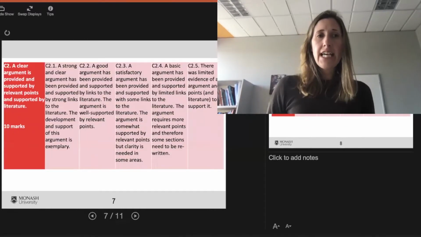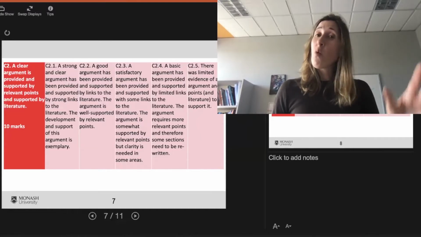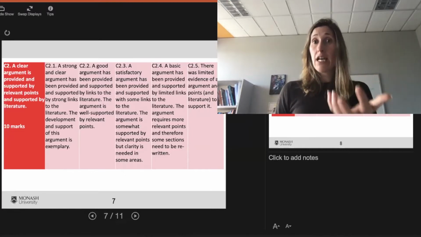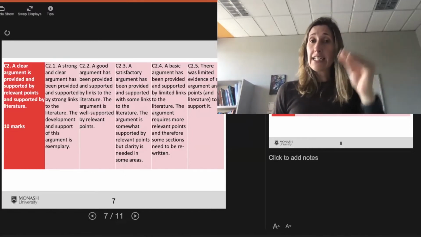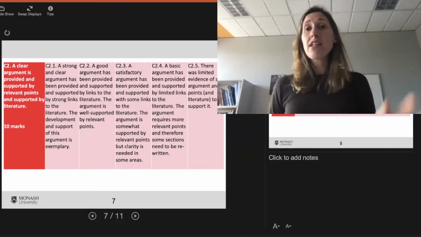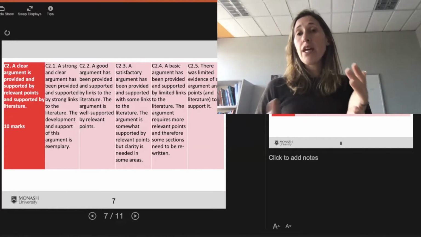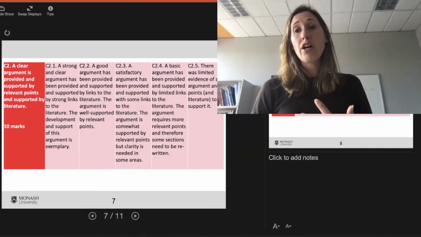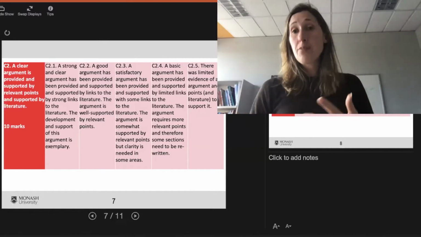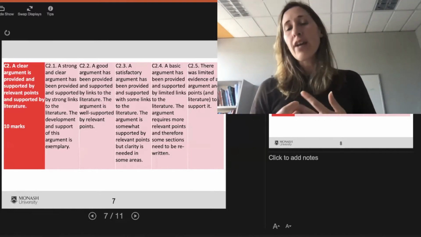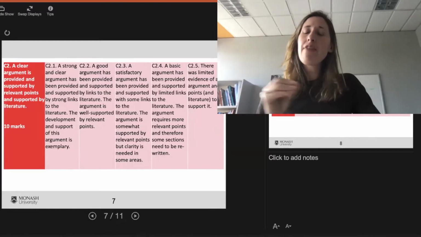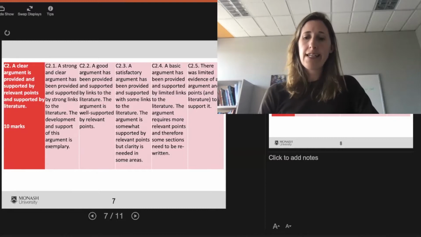The second criterion is looking at a clear argument. So what are you trying to argue, and is it supported by the literature? This is really the meat of that essay. So have you got a clear argument? In the case of positive learning environments, I wanted to talk about what a positive learning environment is, what its impact on learning is globally, and then more specifically in Australia, and then how it can develop belonging and safety, and taking risks. And then I've supported this with literature throughout the whole process. So this is a real, proper essay.